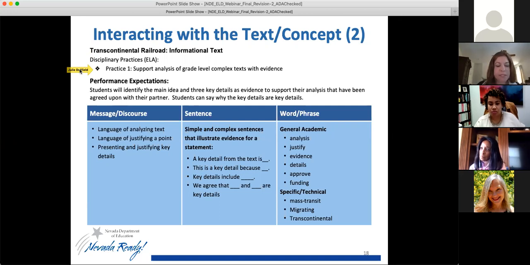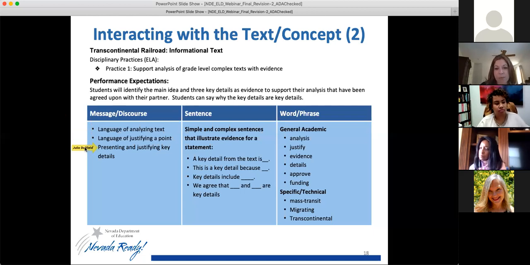So the performance expectations here are students will identify the main idea and 3 key details as evidence to support their analysis that have been agreed upon with their partner. Partner work is crucial with ELs, especially as you all know. Students can say why the key details are key details. And so we want to look at the message and the discourse provided by the teacher during instruction. We want to build that language of analyzing that text, language of justifying a point, and presenting and justifying key